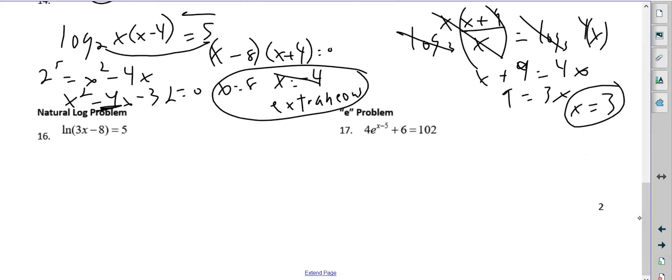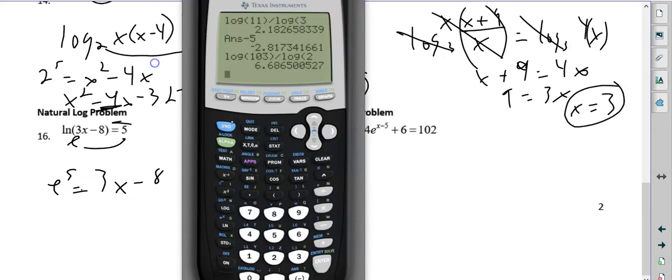Last two. Remember, if we don't have a base on ln, it's e, and then we switch and flick. e to the 5th equals 3x minus 8. Simple enough. We take our calculator, second ln, e to the 5th, get that decimal. 148.41